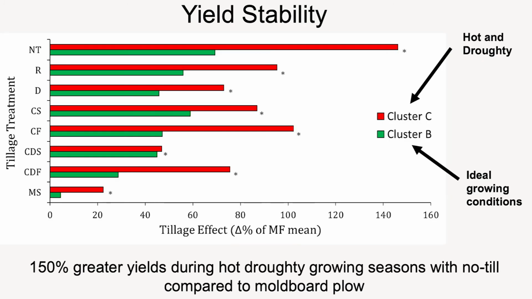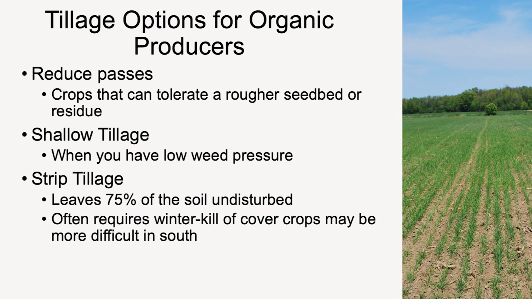But the interesting thing is when we look at the clustering, when we look at these hot, dry years, at the top here, all we want you to look at is no-till. We're seeing a 150% increase in yield compared to moldboard or plow when you have these hot, dry conditions that we're projected to have more. So it's really showing that stability is increased if you lower your disturbance. And this is increasing disturbance, and you can see increasing differences as you go up, especially in that red, hot, dry years.